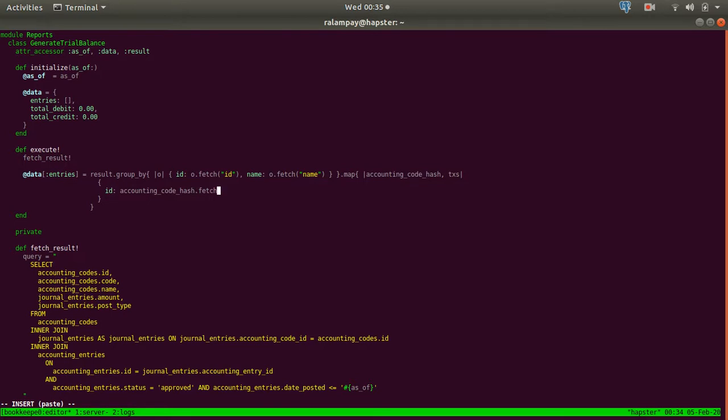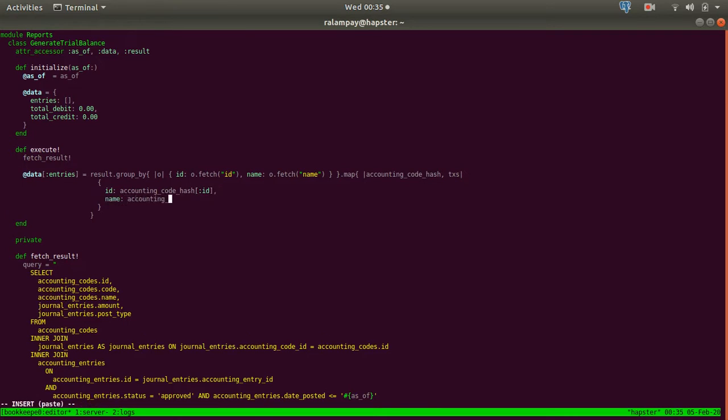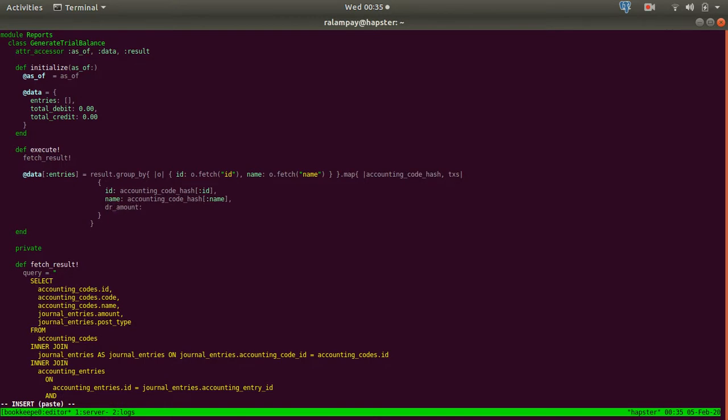Well, we could do a fetch, I think, on this hash. Maybe the bracket will be alright. Let's see if this works. Name. And then for our DR amount, we can sum all the transactions. Let's first select T, where T fetch amount, rather post type, is a debit, right? We select that all,